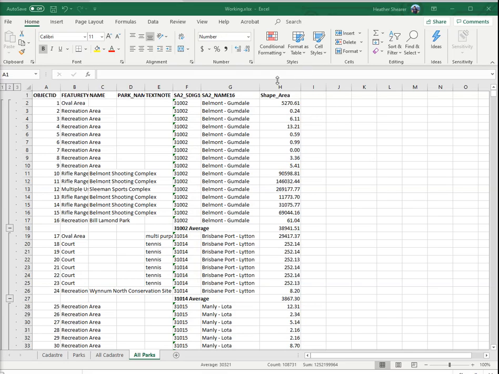Be careful that when you're doing Remove Duplicates, if you're dealing with things like courts, they are the same size. So I haven't removed duplicates in this one. I've now done